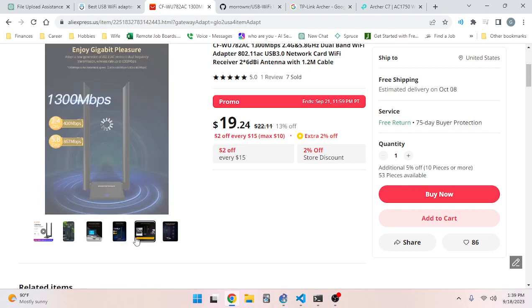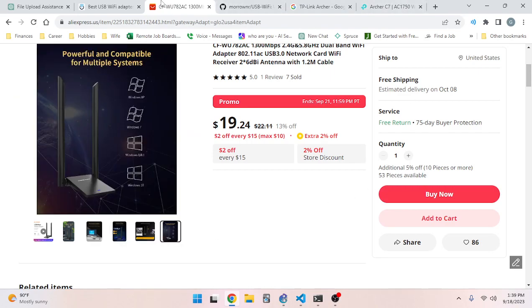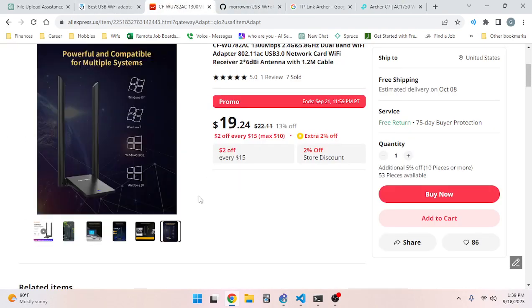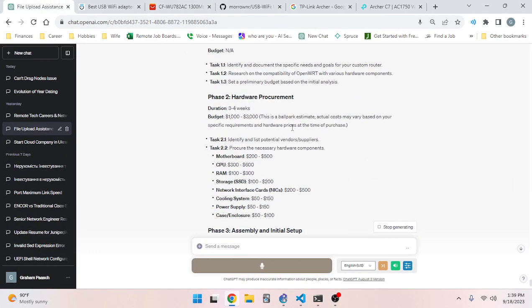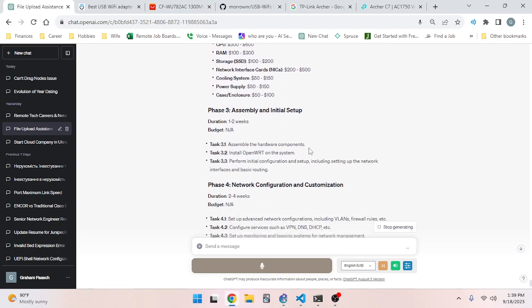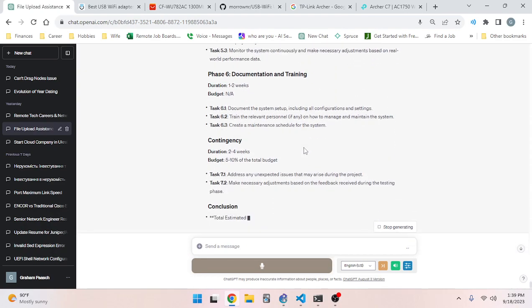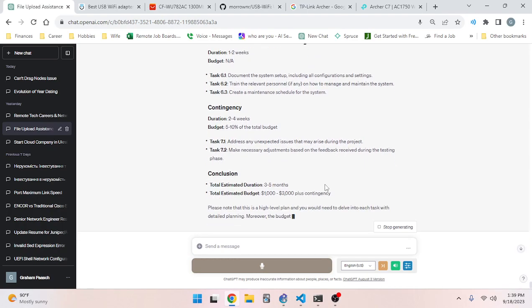Task 2.1: identify and list potential vendors and suppliers. Task 2.2: procure the necessary hardware components. Motherboard: $200 to $500. CPU: $300 to $600. RAM: $100 to $300. Storage, SSD: $100 to $200. Network interface cards, NICs: $200 to $500. Cooling system: $50 to $150. Power supply: $50 to $150. Case, enclosure: $50 to $100. Phase 3. Assembly and initial setup. Duration: